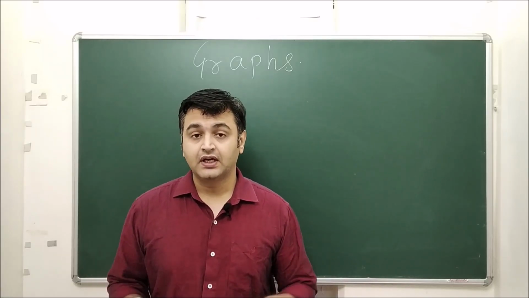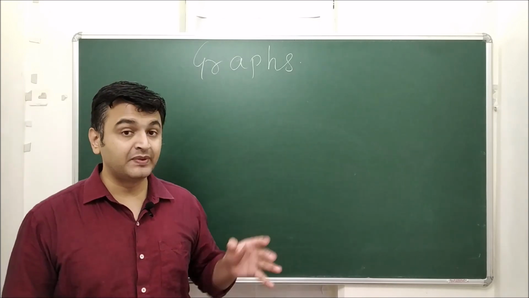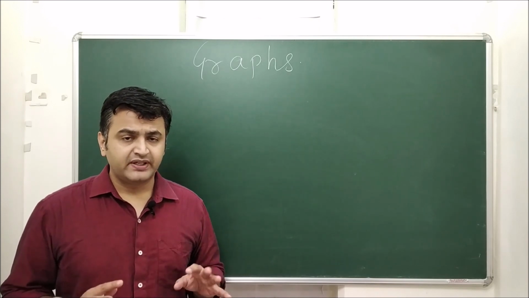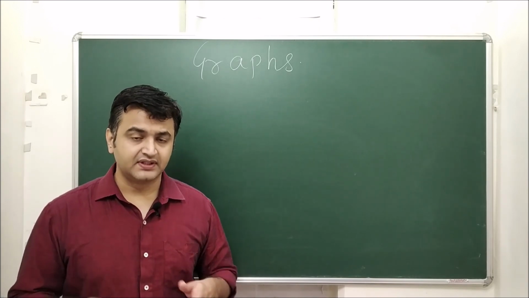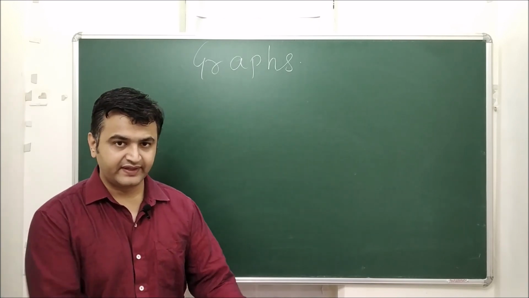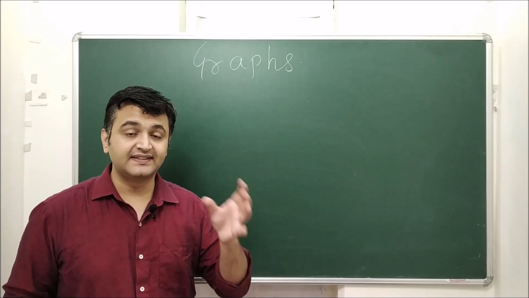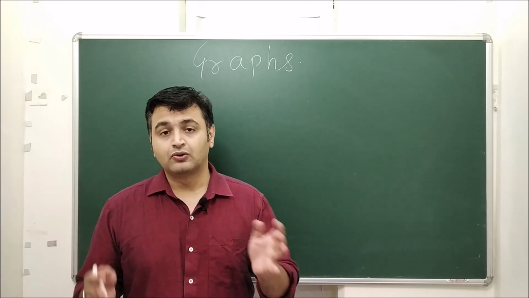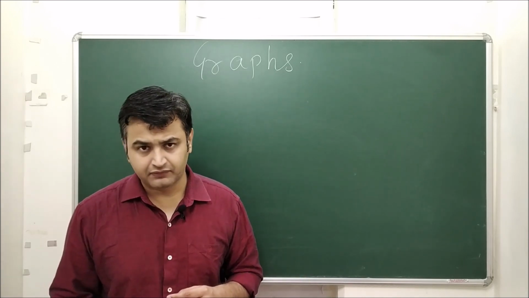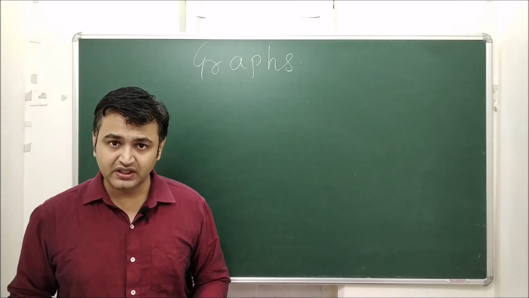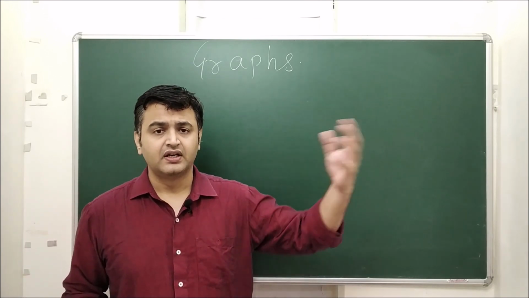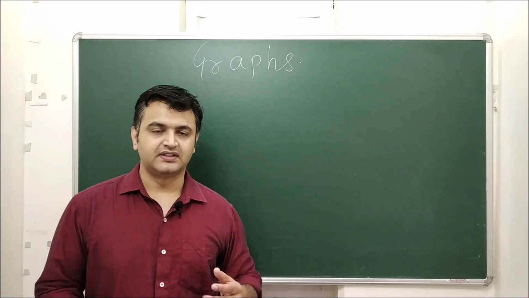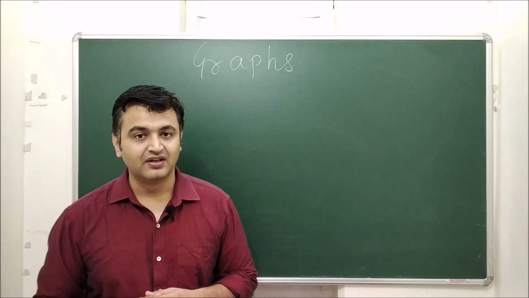Today we are going to see how to plot the graph of an explicit function. Regarding this graph, I am going to split my lecture into two parts. In this lecture we will see how to draw the graph of an explicit function, where the function is explicitly given to you. And in the next lecture I will tell you how to roughly sketch a graph of a function when the function is not given but some other information regarding the function is given to you. But that we will see in the next lecture, otherwise this lecture will become very long.